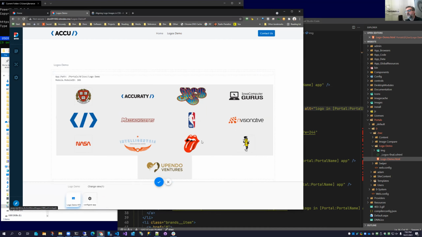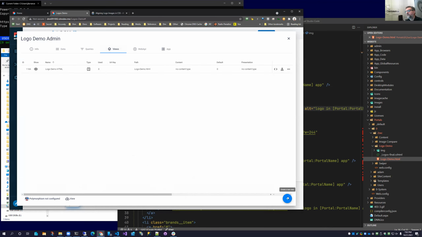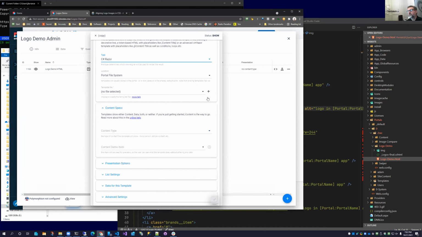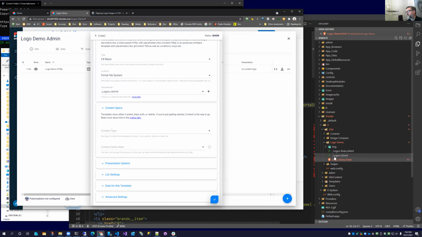So now we're going to go into admin, views. We're going to create a new, no, we're not, we're going to copy, because there's no reason to create anymore when you've got them in front of you ready to go. So we're just going to call this one logos. We're going to switch from token to C#. We're going to add logos, and you'll see that it's over here in VS Code. That file, the moment I hit OK here, should appear. There it is.